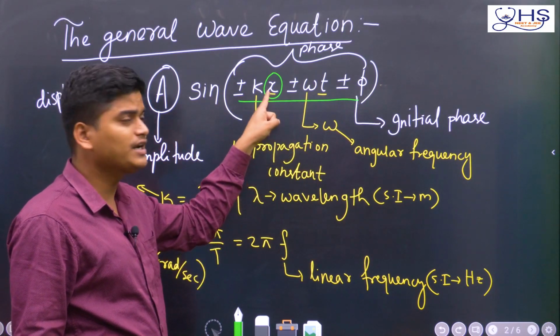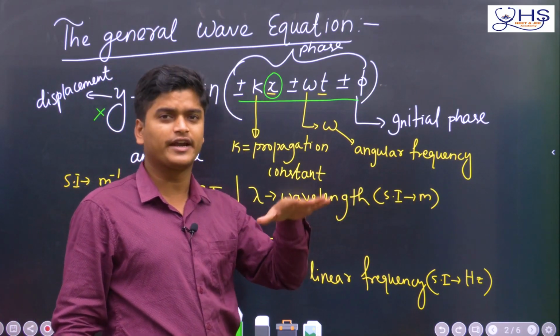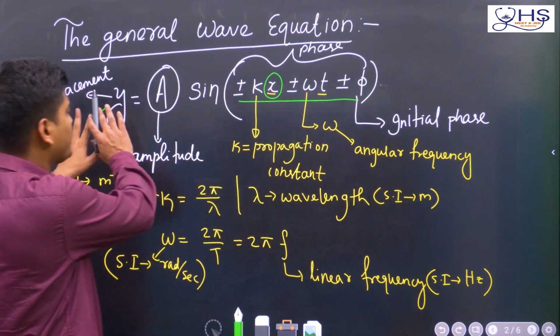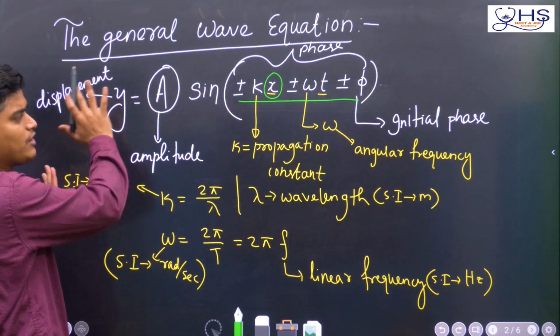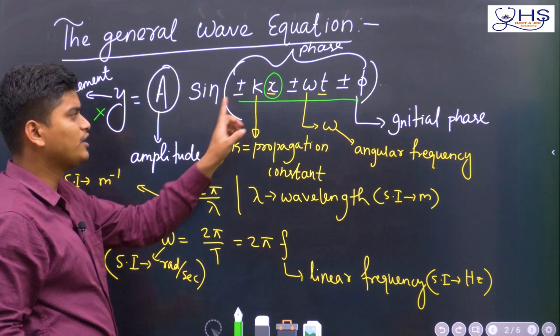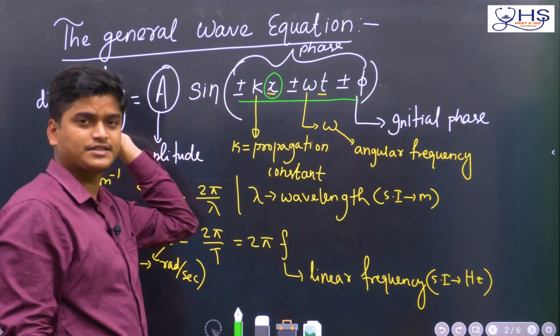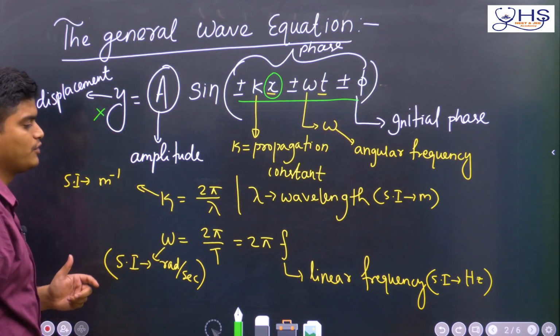But before that, understand here if it is x, then it is traveling in the x direction, maybe positive or negative, but traveling in the x direction. You should not tell about y. This is a displacement, like that you can understand. Suppose this is interchanged, here x, here y, then you can understand that this wave is traveling in the y direction, but the displacement is x. Okay, so this is the idea basically, you remember.